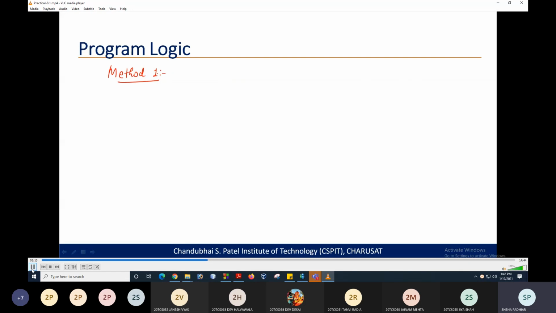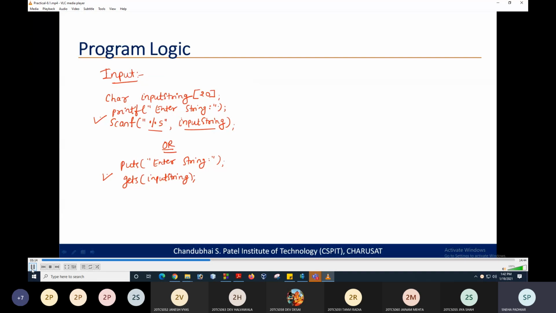First, as a part of user input only, we are also going to define few variables: alphabets equal to digits equal to special char equal to 0. So this will be the counters for alphabets, digits, and special characters.